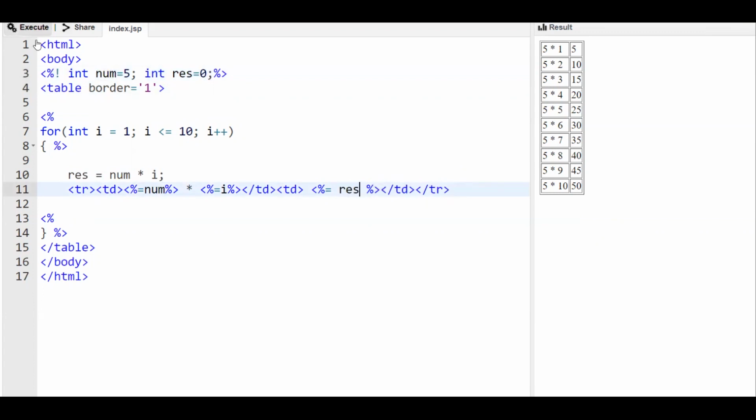But here, this is an additional statement. Since an additional Java statement is added, we have to put this inside a scriptlet tag. That is what is required. We can have any number of Java statements, but for all of them, the scriptlet tag should be written.